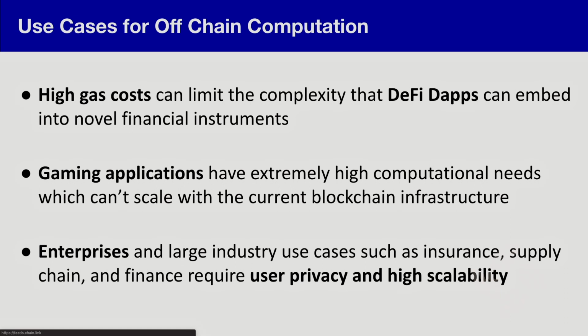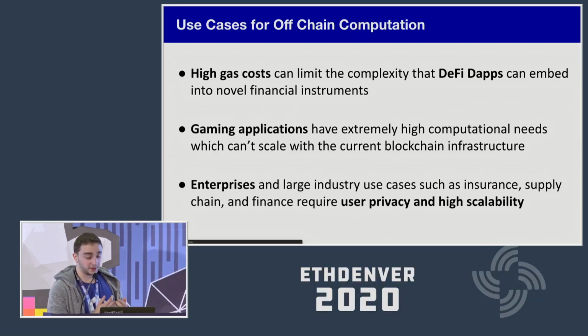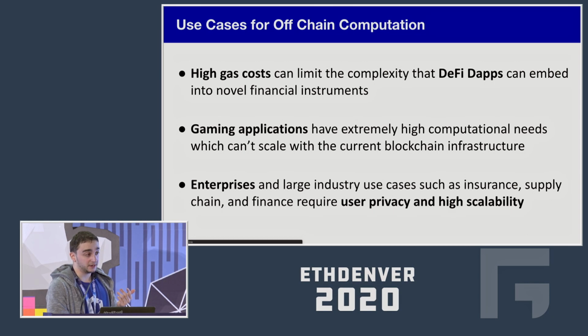Currently, we've been working for some time on off-chain computation with our good collaborators from Arbitrum. Basically, we believe off-chain computation is key for the Ethereum ecosystem to scale, right? If you take the case of DeFi dApps, for instance, complex financial instruments right now cannot be coded onto a DeFi dApp without having extremely high gas costs, right? It's not an easy matter to code up extremely complicated systems onto Ethereum right now.